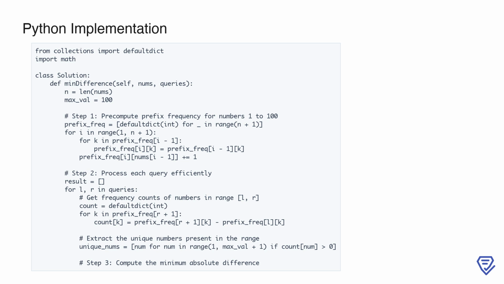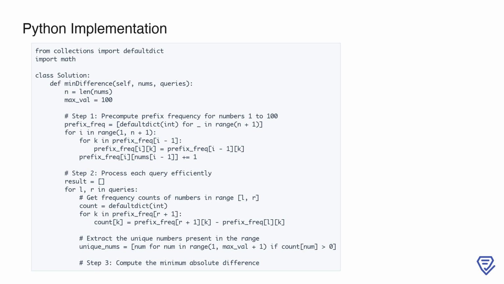This is achieved using a list of defaultdicts, where prefix_frequency[i] represents the frequency of numbers from the start of nums up to the ith index. By iterating through the array, we populate these frequency dictionaries, ensuring that each prefix_frequency[i] builds upon the previous one. This pre-computation allows us to quickly calculate the frequency of each number within any subarray range, which will be useful